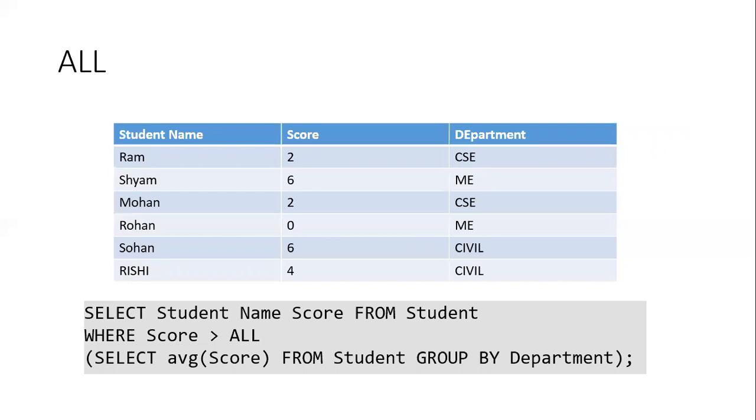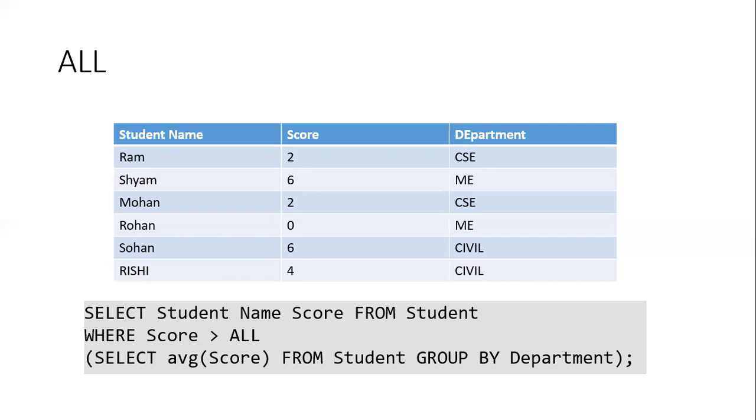And I want to get the score and the name of a student which is having the score greater than average of all departments, average of every individual department. So in the innermost query, what I have done, I have calculated the average score of each individual department by using the group by statement.